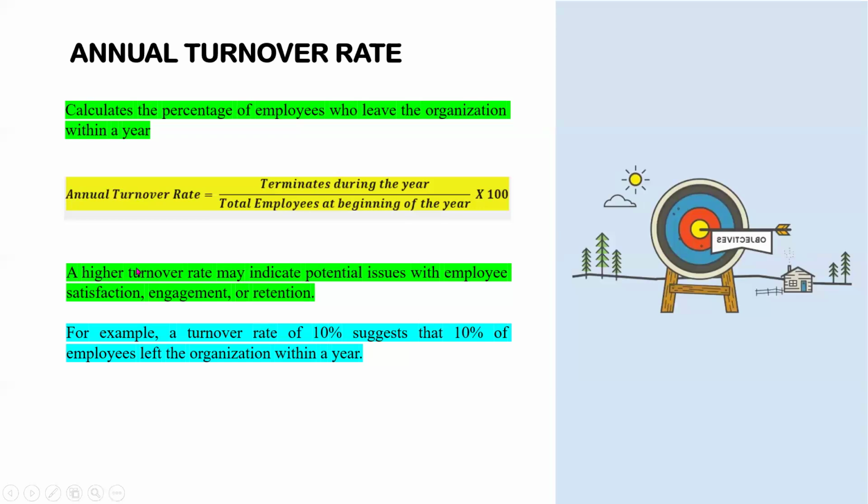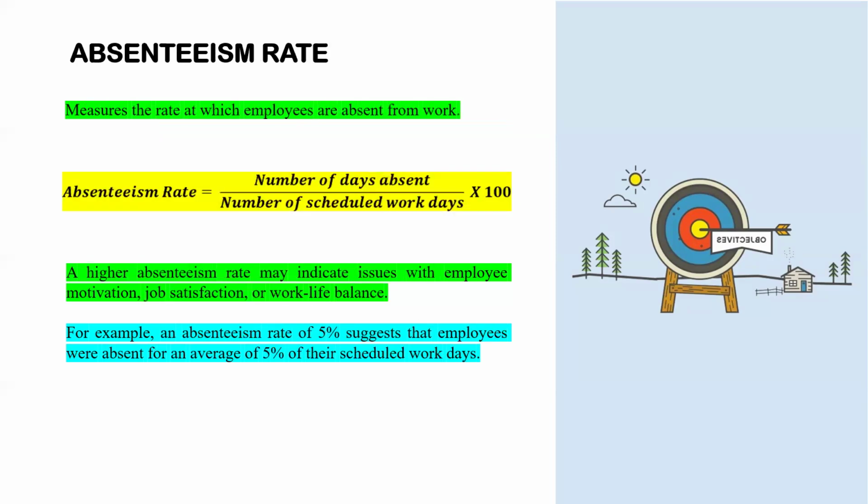So if the result is high, it indicates potential issues with employee satisfaction, engagement, and retention. So you as an analyst, if you are working within the HR space, run analysis on annual turnover rate and it is very high, then we are saying that employees have got issues. Maybe they are not satisfied with what they do, so they decide to switch. But if the turnover rate is very small, then we assume that your employees are comfortable with what they are doing. Okay, so that is the meaning over here.